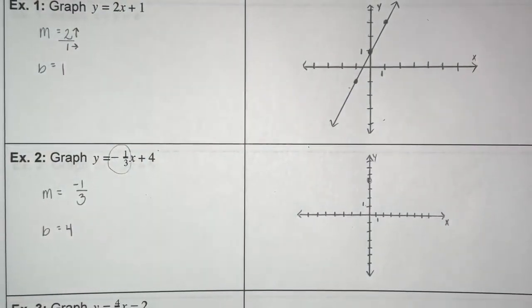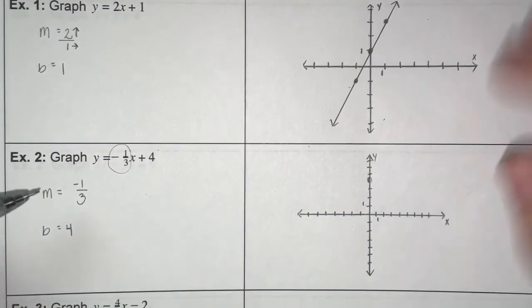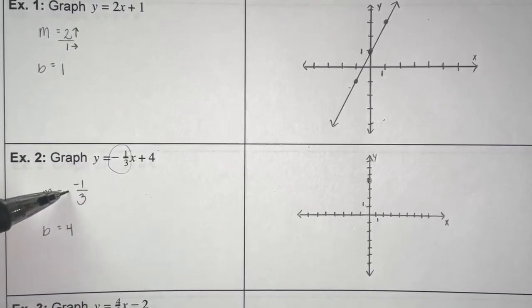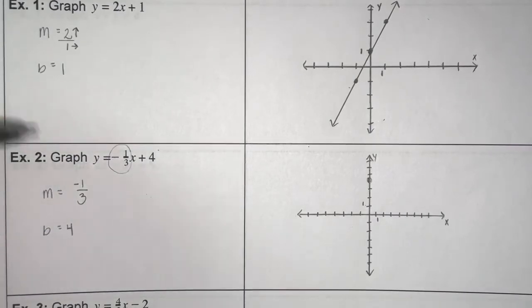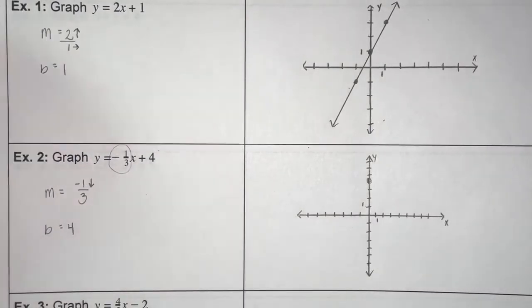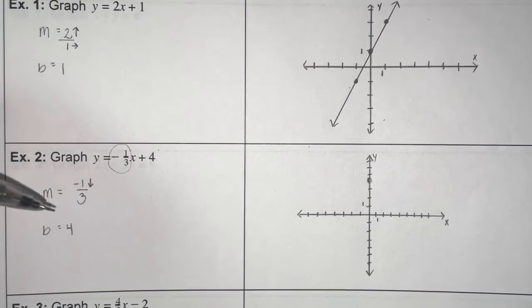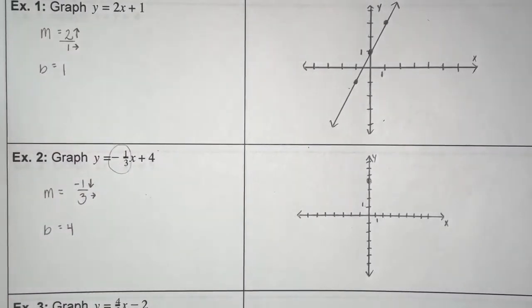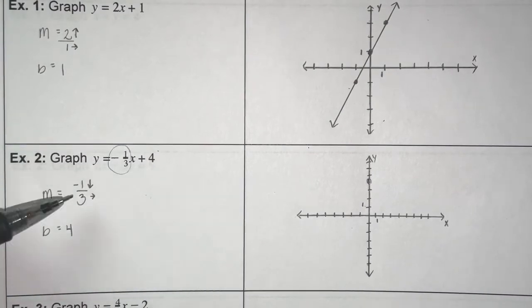And then I'm gonna use my m to move and to find my next point. So if my slope is negative 1/3, this is why we put the negative just with the numerator. So if it's negative 1 in the numerator, and my numerator is my rise, I have to go down 1. And then my run is positive 3, so I'm gonna go right 3. We can flip-flop it, we can go up 1 and left 3, but only one of them can be in